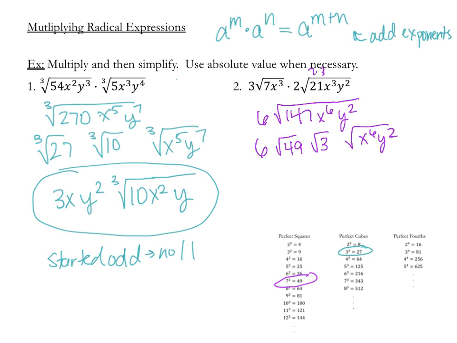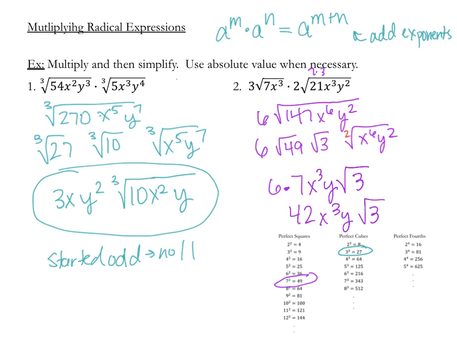So then from here, the square root of 49 is 7. You do want to make sure you put times between those because we're going to multiply those outside numbers together now. And then the 3 has to stay in the radical. And then we're going to deal with the exponents. So again, it's a square root. So we should be looking at the fact that we're dividing by 2. The nice thing is these both go in evenly. So 2 goes into 6 3 times. 2 goes into 2 1 time. My final answer here then is 42x to the 3rd y